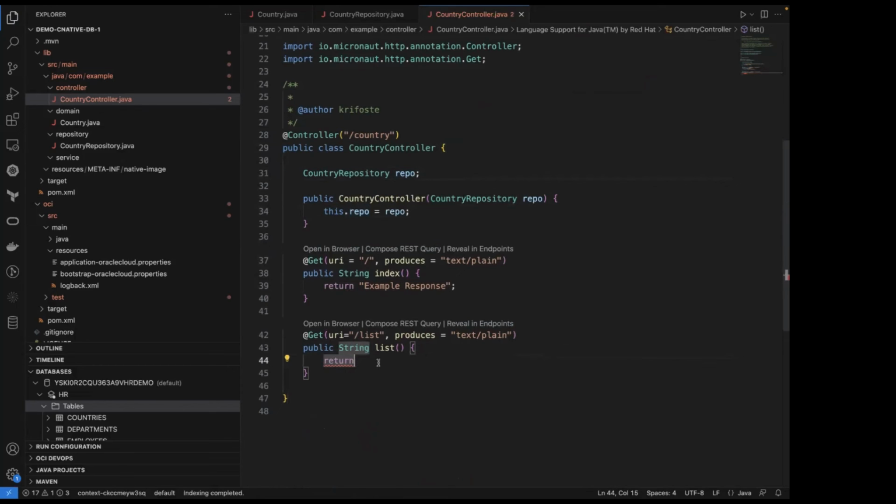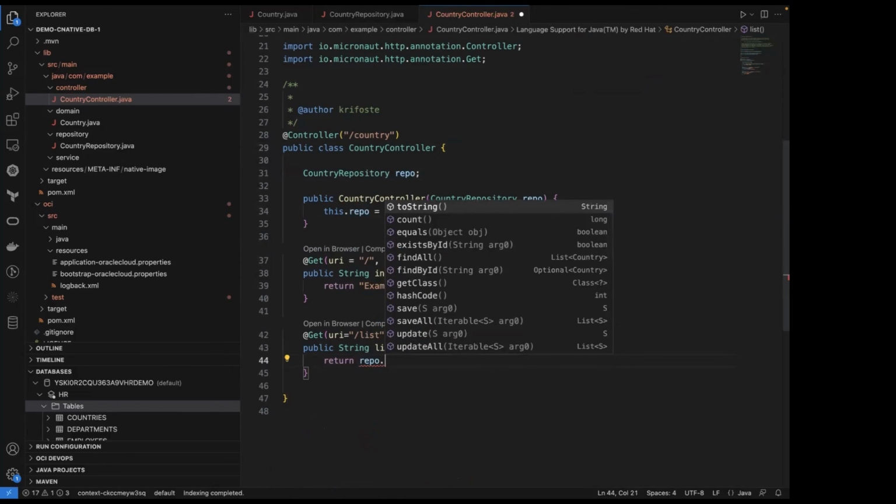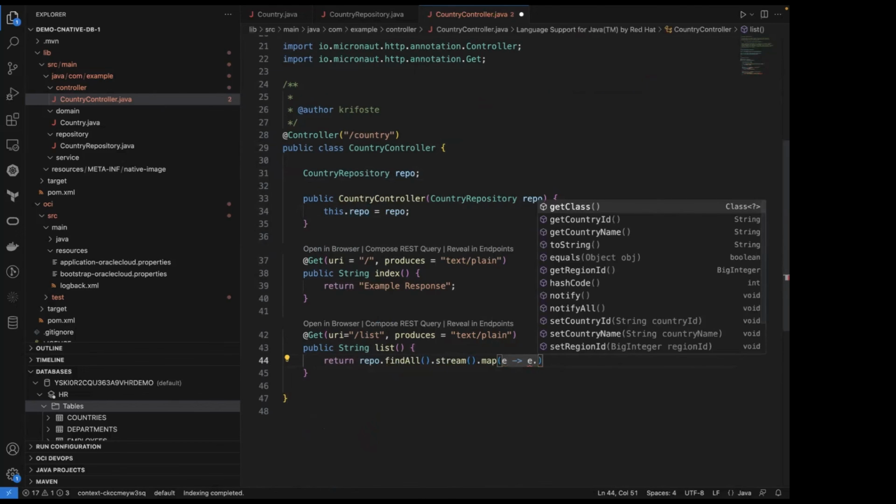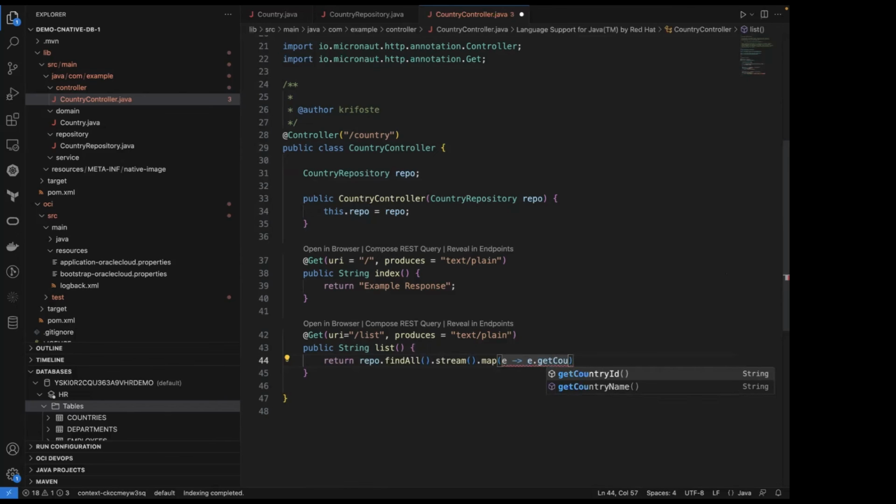I haven't really had to do a great deal. And then when this list method gets called, when the /list endpoint gets hit, I can call the find all on it. I can create a stream from that. And on the stream, I can map that. So for each entity, I think I'm going to do something like get country name. That seems like a sensible thing.